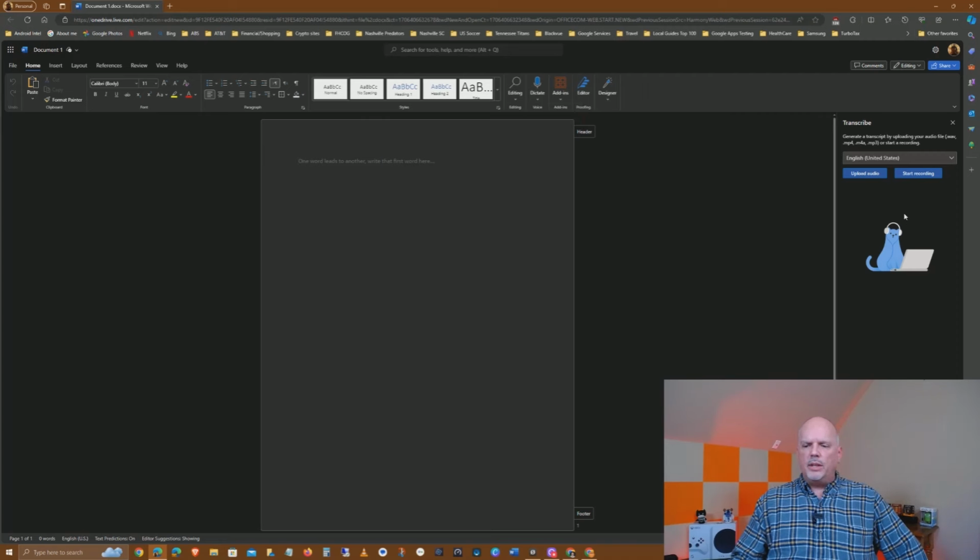And if you notice over here on the right, it'll say start recording and upload audio. So you can actually go directly to uploading an audio file if you already have one, but if you don't, you can record your voice into an audio file and it will actually save it in your OneDrive for you to access for whenever.